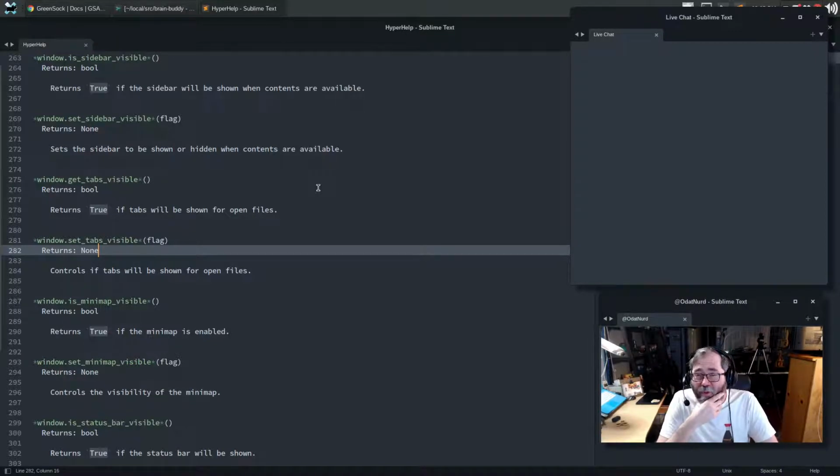keep doing it. So the thought was, is it possible to create a plugin that would make sure that whenever a window is opened, the sidebar visibility is always turned on? It seemed like it at the time, and then after I thought about it a little bit more, I wasn't entirely sure.